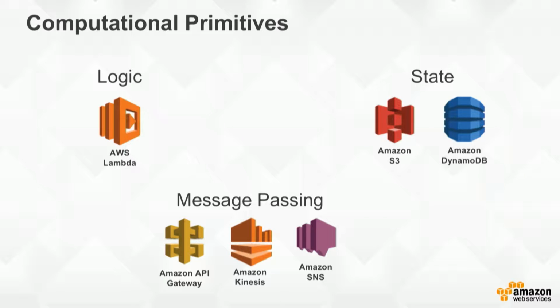So, Lambda's great for logic. It's a way of creating business logic and ensuring that AWS takes away the undifferentiated muck of running that and making sure it's available. But you also have to consider things like, where does state live? For any of you who have used serverless technologies and put state inside of your functions, don't. It's a bad idea. It's great to use your serverless environment as a cache, but never rely on it to be there forever. And so state then has to go somewhere else, onto a system that gives you the durability and availability requirements that you might have for your application.